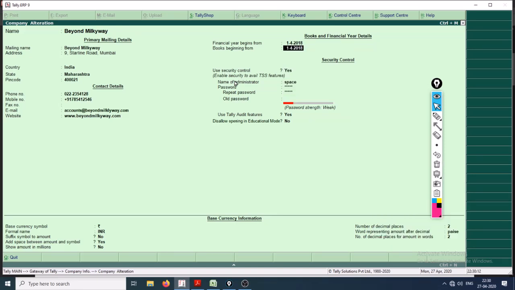So how do I go up? I go up by the up arrow key, or I can use the backspace, or I can use shift plus tab. I'll just write it down for you, how to go to the previous tab.